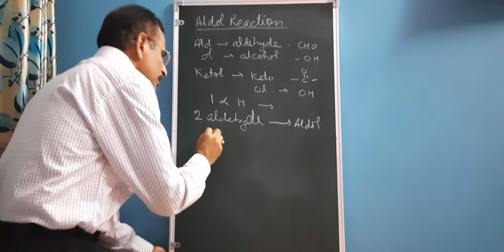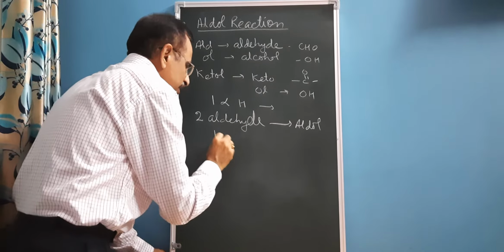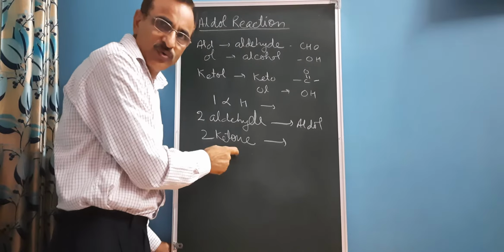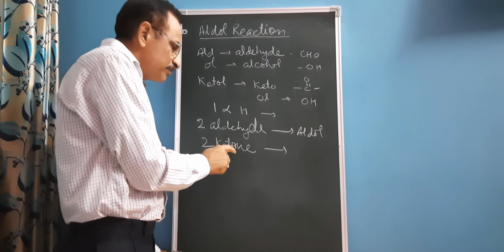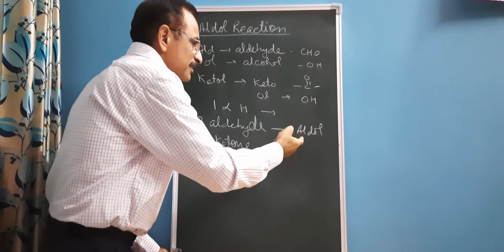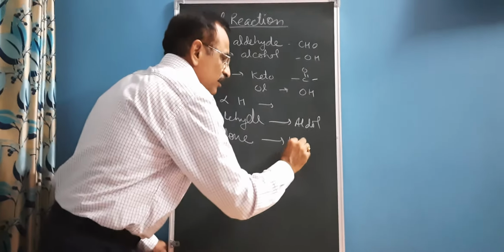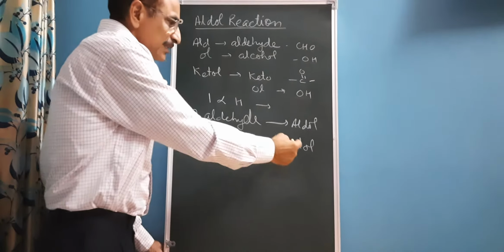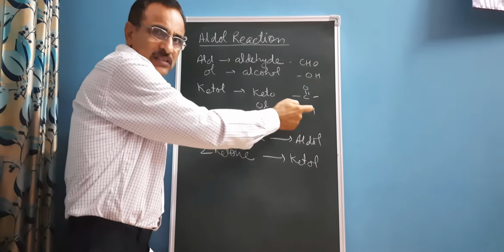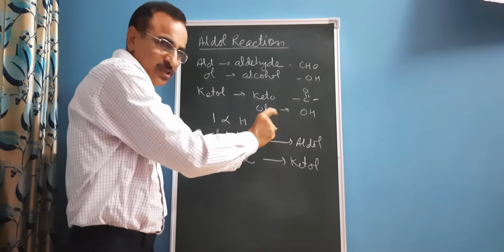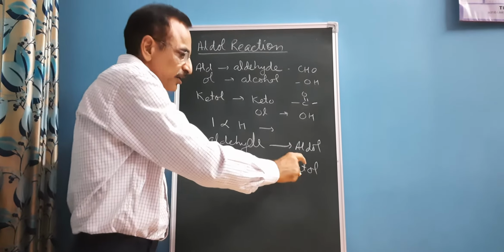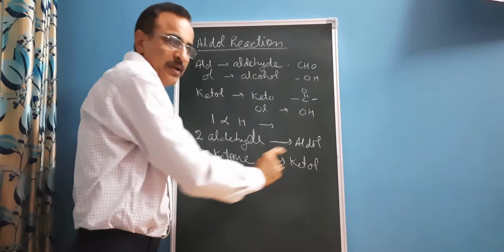But whenever in place of aldehyde we are having ketone with alpha hydrogen atom, 2 mole of ketones in which at least one of the ketone will have at least one alpha hydrogen atom, under similar condition it will undergo forming ketol. Here you can see that ketol is also made up of two words. Ket means keto and al means alcohol. It means the product should contain either aldehydic and alcoholic group or ketonic group and aldehydic group in the same molecule.